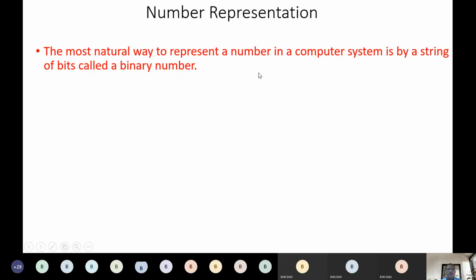The internal computer representation is a string of bits. The bits can be a 4-bit binary number, a 5-bit, 3-bit, 6-bit or 7-bit binary number. At the end, the internal representation of a computer is in the form of binary, and here is an example of a binary number. You can see we have 4 plus 4, 8 bits. The binary number is a combination of zeros and ones.